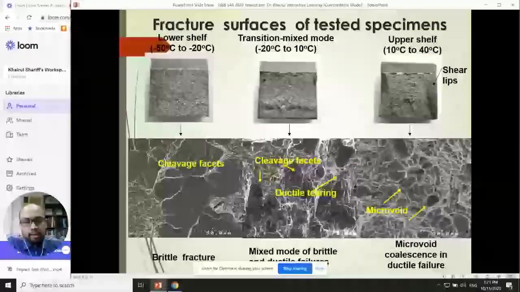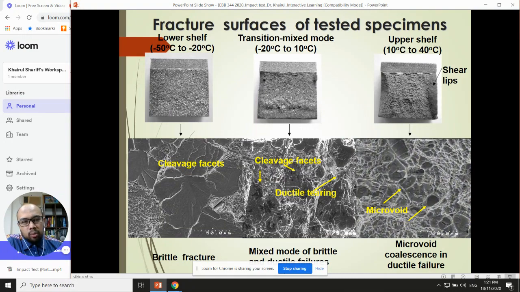Meanwhile, in the transition mode, the mixed mode of the material between cool temperature and a little bit higher temperature, you can see the size of the cleavage facets become reduced, and then you can see the ductile tearing morphology appear here. Meaning that in this case they have a combination of brittle and ductile performance. Meanwhile, when you perform the impact test at a higher temperature, you will get ductile tearing with microvoids. Microvoid means that when you perform the impact test, there is microvoid coalescence in